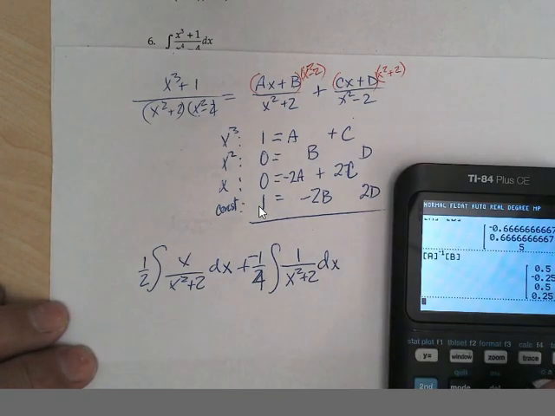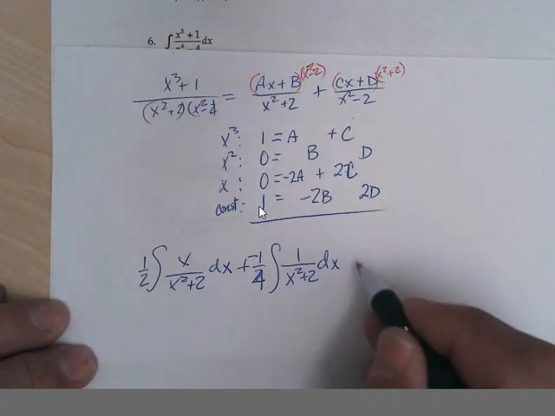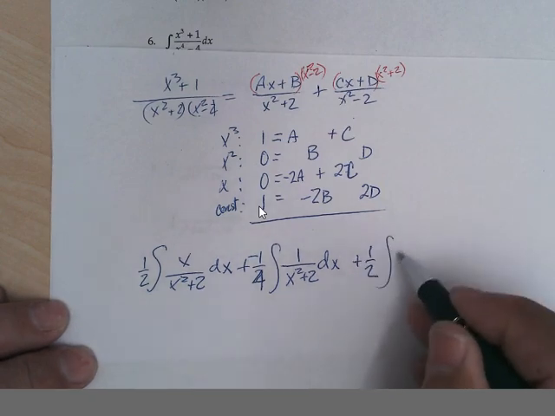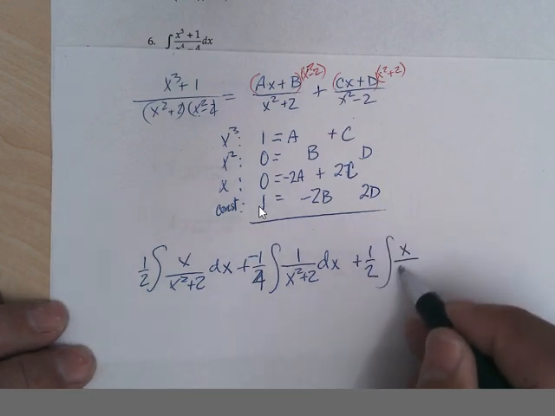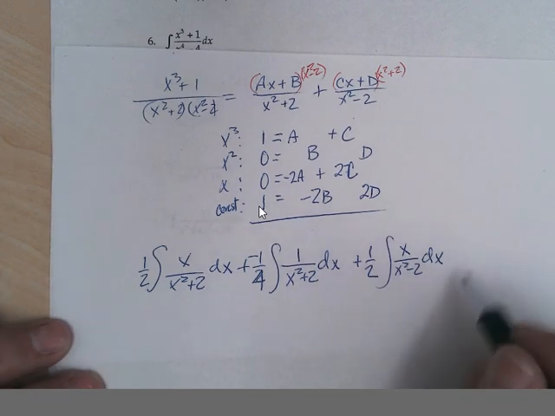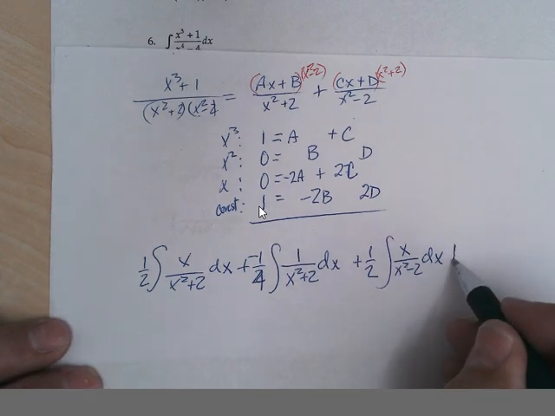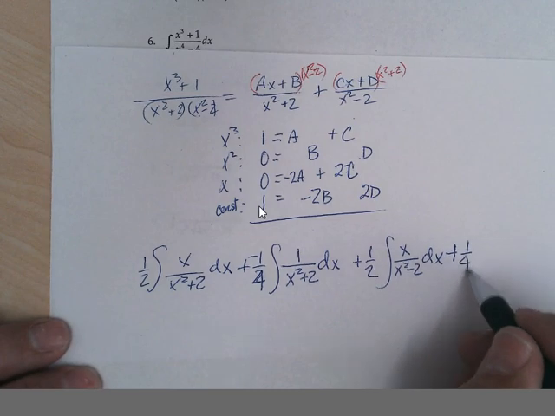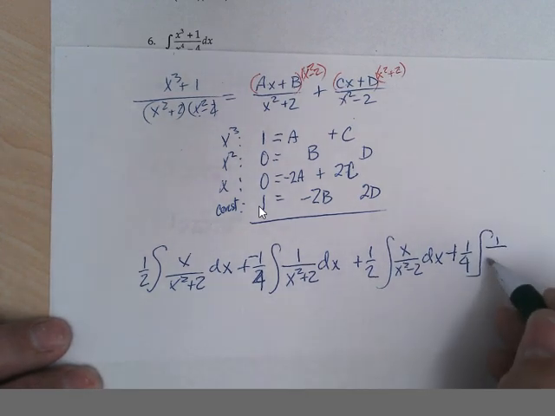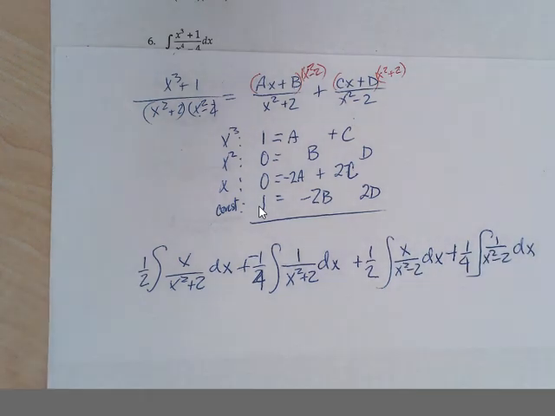And then we're going to get plus 1/2 integral of x over x squared minus 2 plus 1/4 integral of 1 over x squared minus 2. Okay,